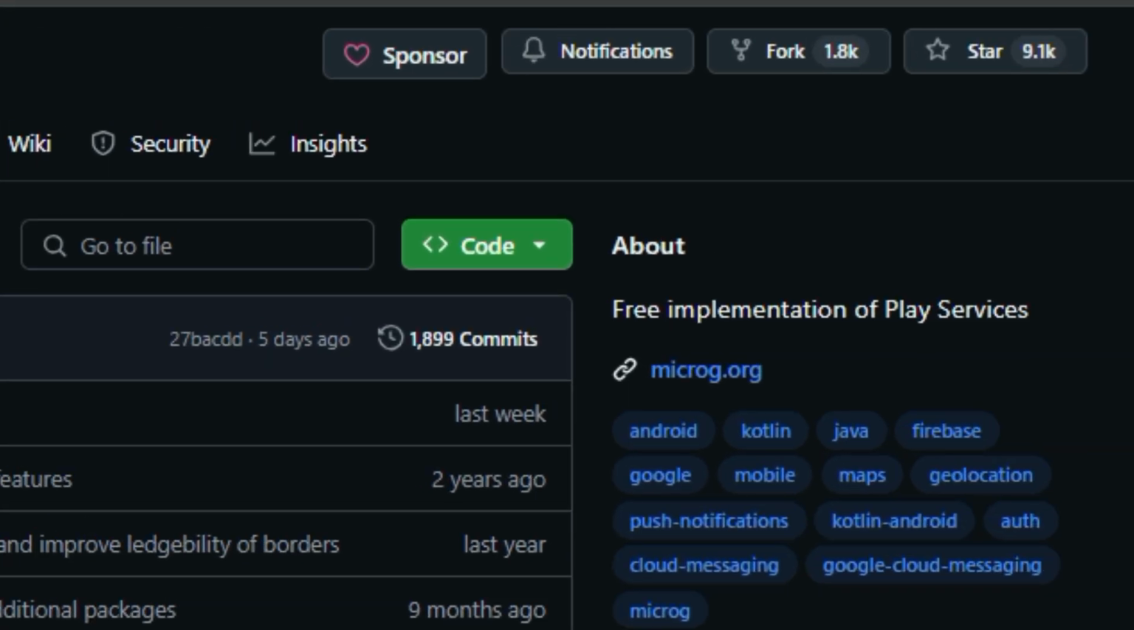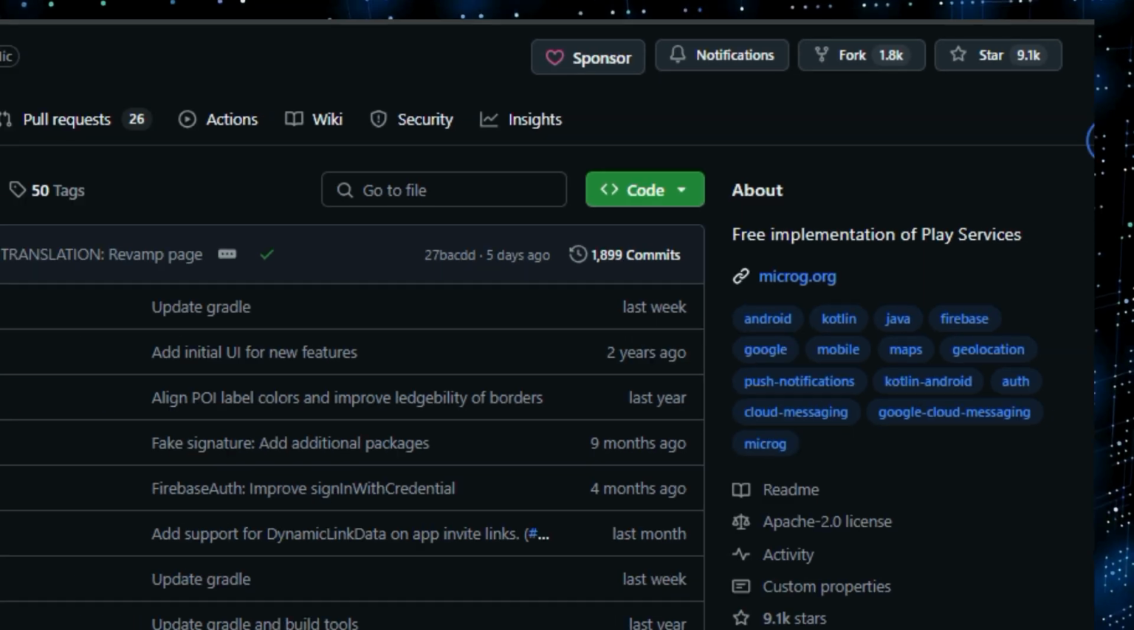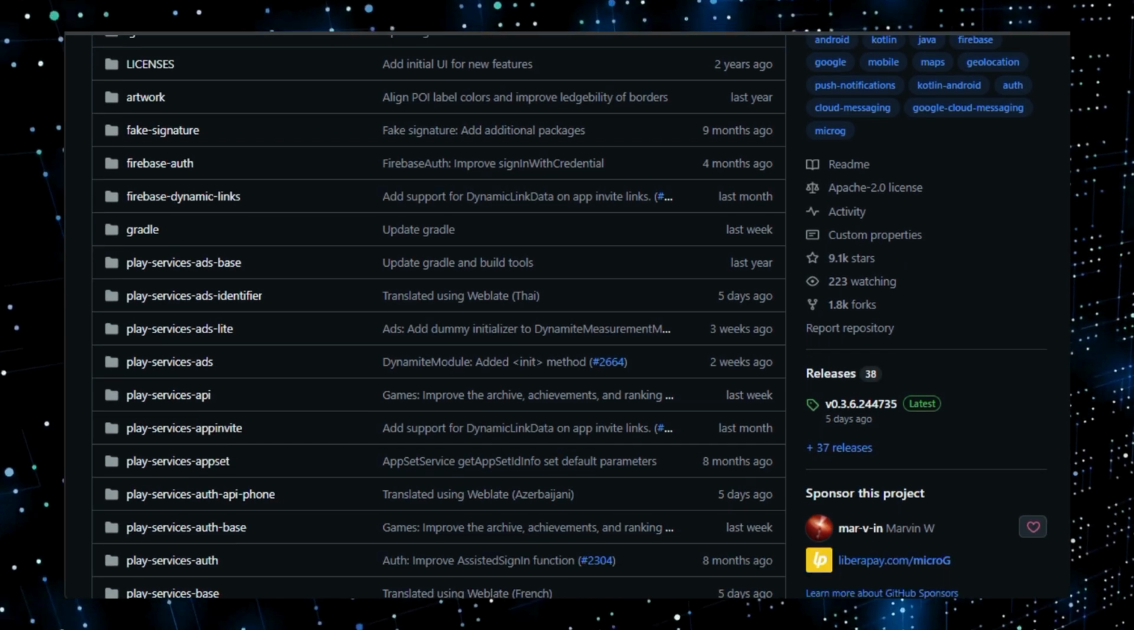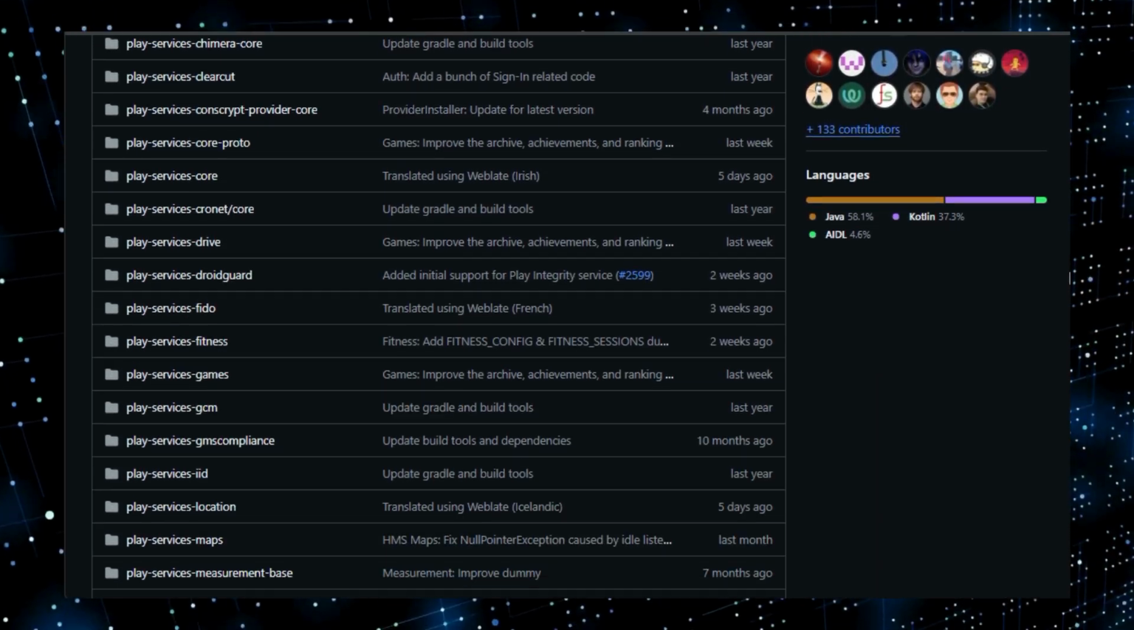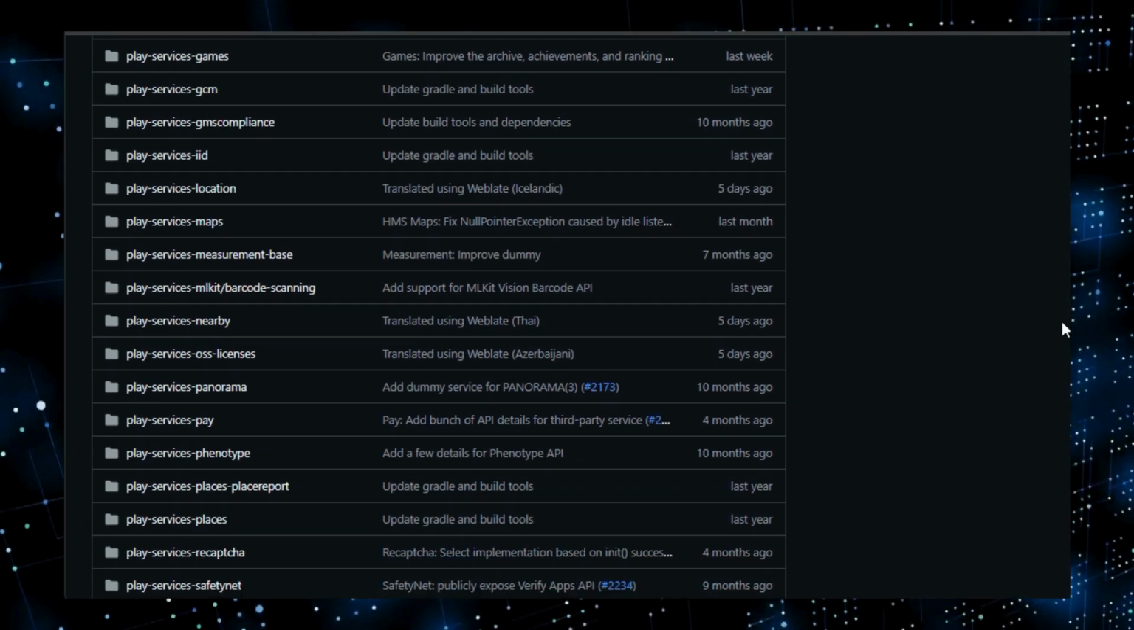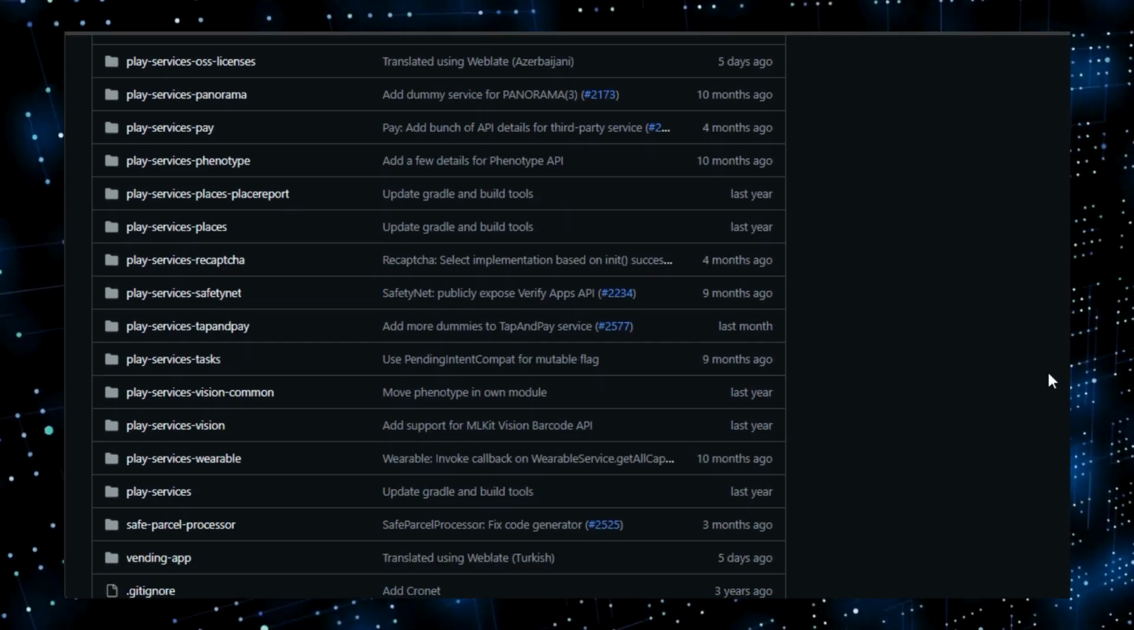This is where things get interesting. What makes microG GMS Core unique is that it allows apps designed for Google Play Services to function without the need for the official Google framework. Think of it as a compatibility layer that opens up a whole world of apps on devices that don't have the full Google suite. Many apps depend on Google Play Services for important functions like maps, location services, push notifications,